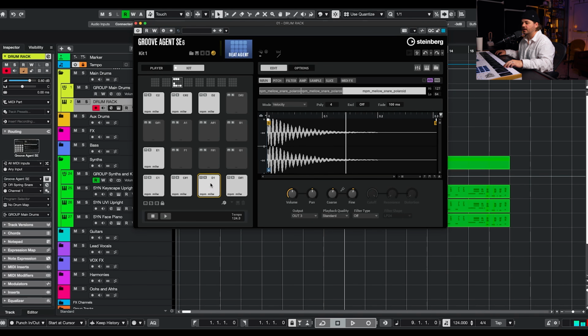And then for the snare, I have this one-shot called Polaroid. And what I've been doing with my one-shot snares lately is inside of Groove Agent, I'll copy the sample and paste them. And now I've made a little version that is my lowest velocity that has the transient shaved off and it's just faded in. I have a second version that's a medium velocity that has a little bit less of that transient shaved off. And then I have my main. And that just allows me to do more dynamic hits. And I'm just tuning that up one semitone,